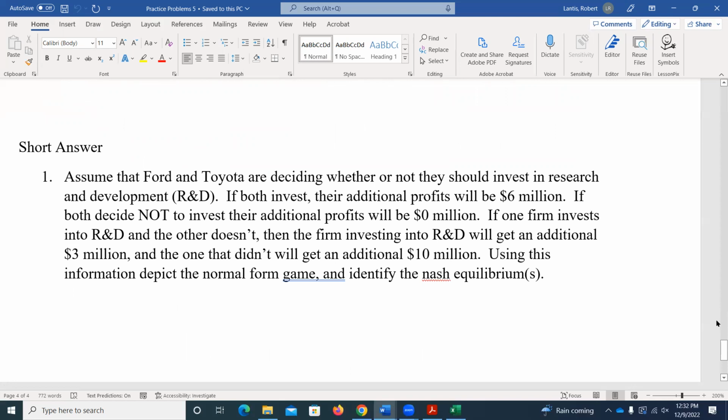So let's assume we've got two car companies and they're trying to decide how much they can invest in research and development. If they both invest, their profits will be 6 million. And then we kind of go through the list. So let's just set this up. It eventually tells us to use a normal form game, this matrix that we were looking at with game theory. So we've got Ford,